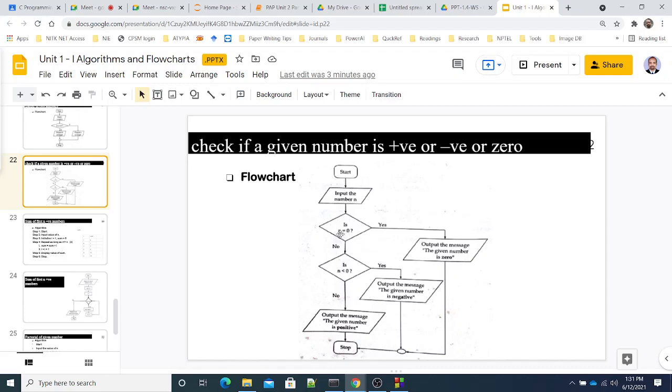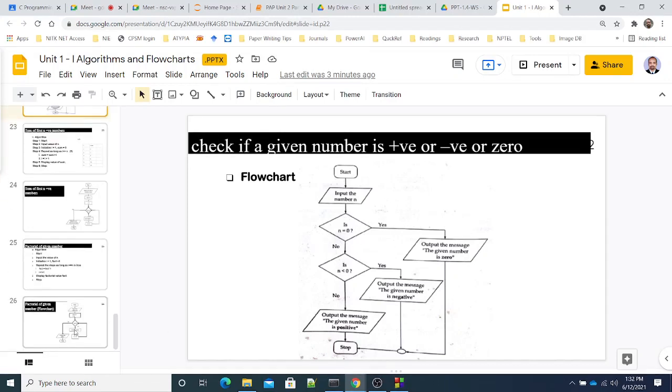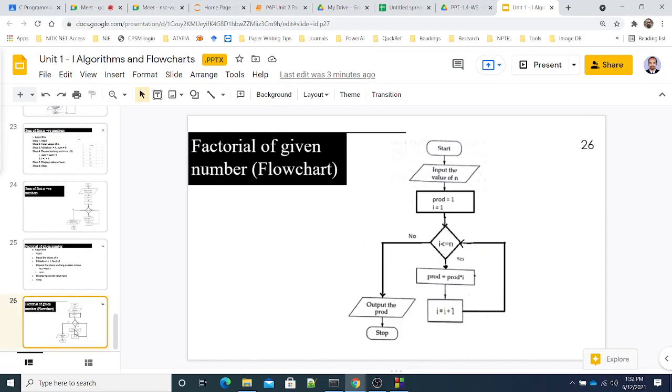Decision making, only a few are there. Start and stop, same symbol. Input and output, same symbol. Processing, rectangle. Decision making, diamond symbol. Then the corresponding arrows. Decision making will normally have two output arrows. Okay, with that we will stop today's class. We will see in the